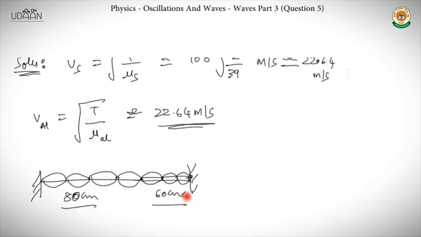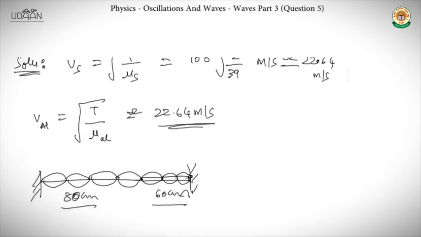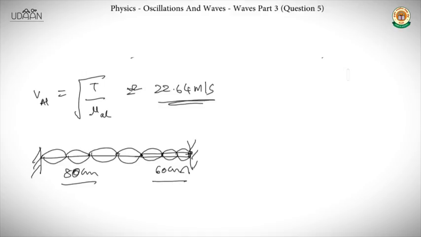If you use any value other than this value, these conditions won't be satisfied. It will not be the minimum if you use any other values. So this has to be noted, and the highest common factor should be taken. Here taking the highest common factor gives the right answer because the velocity in both the media is the same. If it is not the same, then again you have to check and then